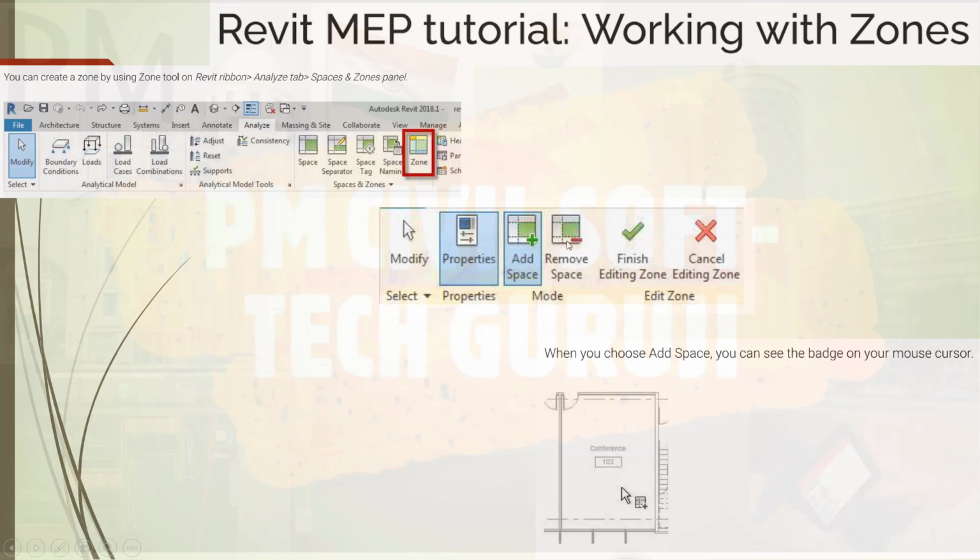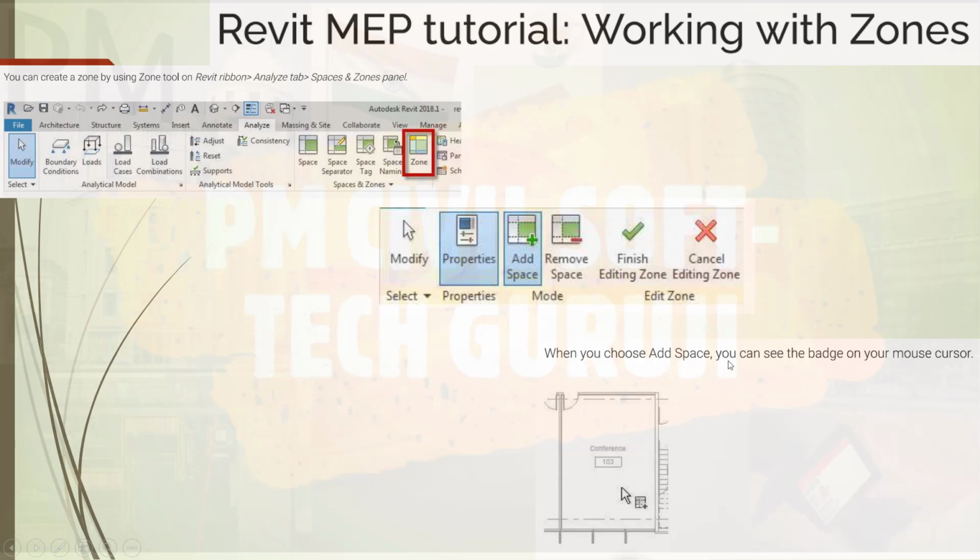When you choose Add Space, you can see the badge on your mouse cursor. Select common spaces, then click Finish Editing Zone. Repeat the procedure to group all common spaces into zones.